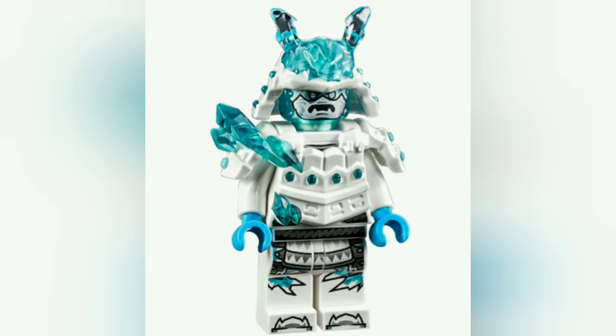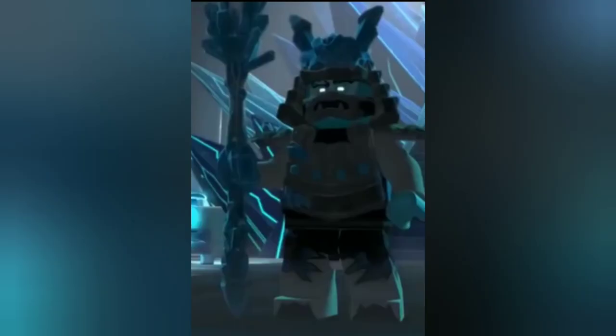Otherwise, there wasn't a whole lot of other amazing figures in my opinion. I guess General Vex was okay. But I'm ultimately going with the Ice Emperor because I really like that white and blue design, and he really does look good. I think the Ice Emperor in the show looks a little bit better than the actual minifigure they produced,